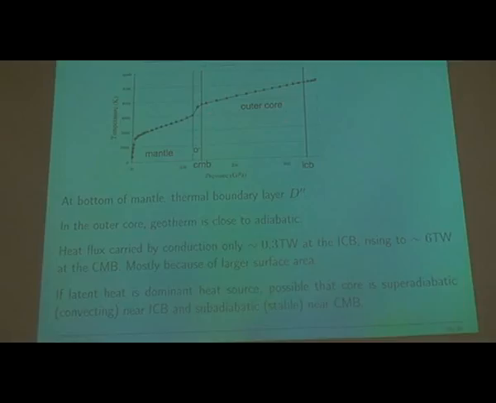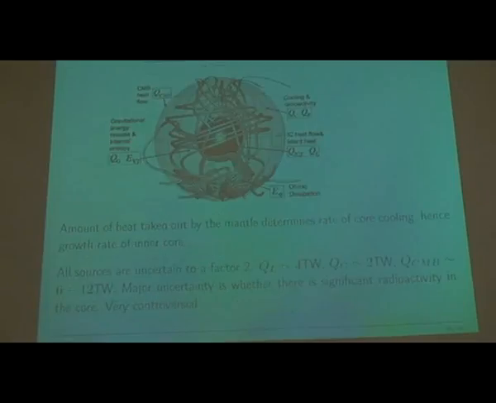So there must be convection going on down close to the ICB, but perhaps not there. So that tells you something about the dynamo. The dynamo may well be being driven primarily by what's going on close to the ICB, and not so much by what's happening at the CMB. And there's a lot of work being done on that right now. That's a very hot topic in this subject, looking at dynamos which are stably stratified close to the